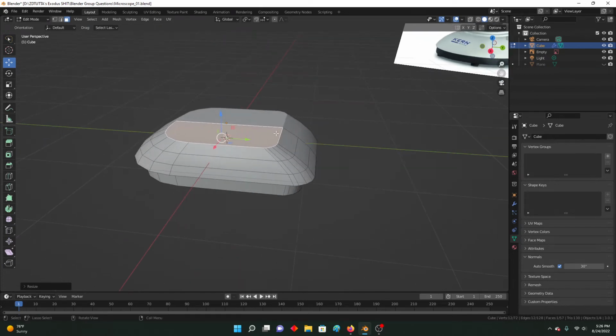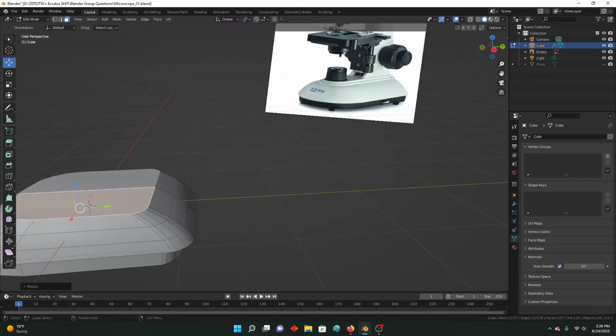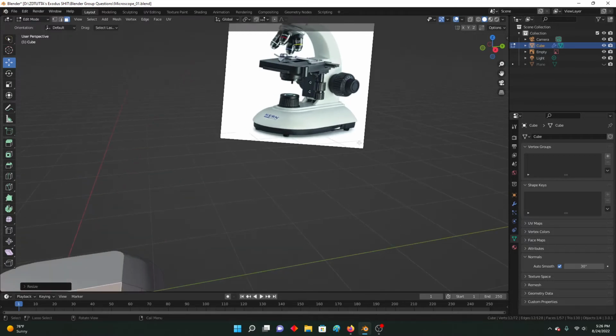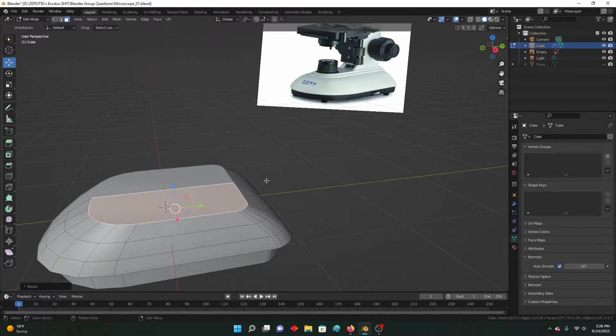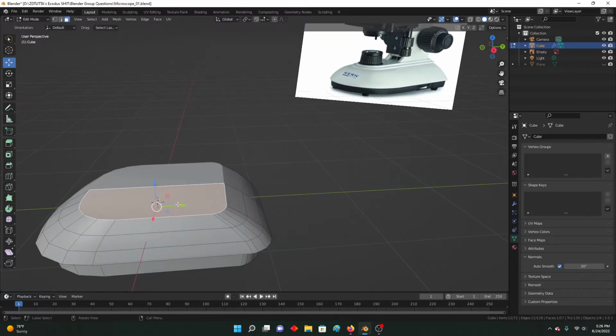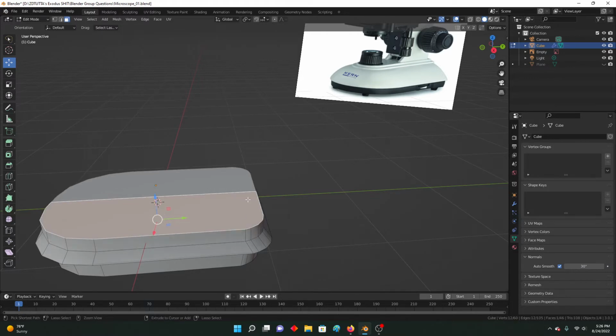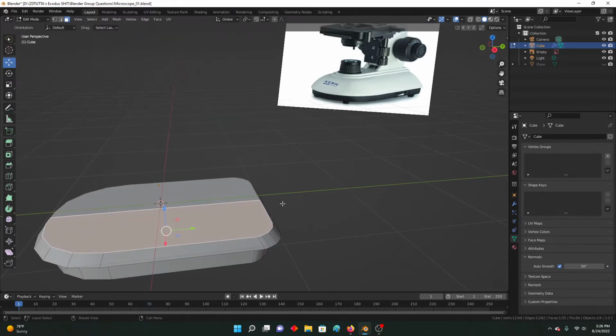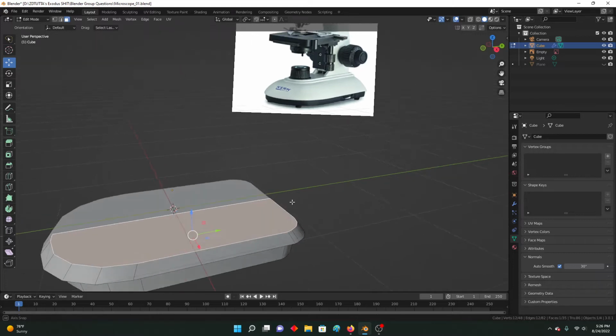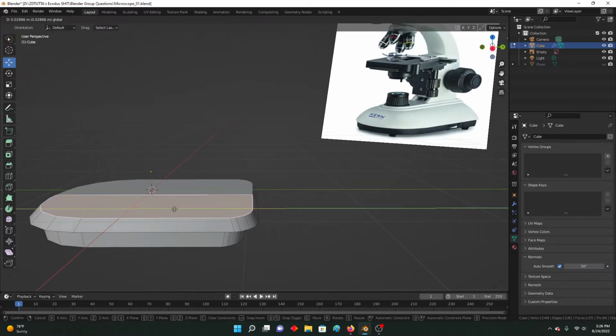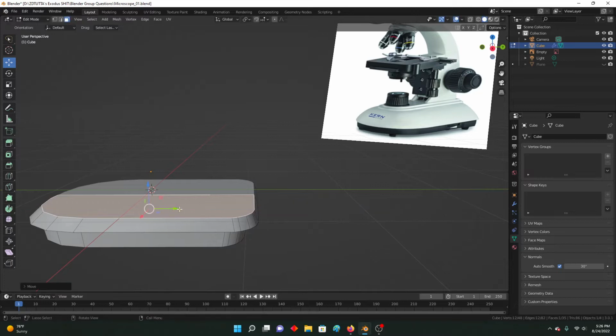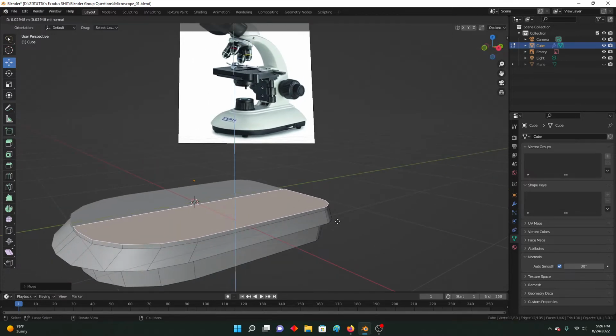I don't know if this plate is straight up and down or if it goes. This is why you need reference images, people. You can't do it off a picture like this. You have no information. But in my opinion, it should probably be more back. So I would do like that. E,